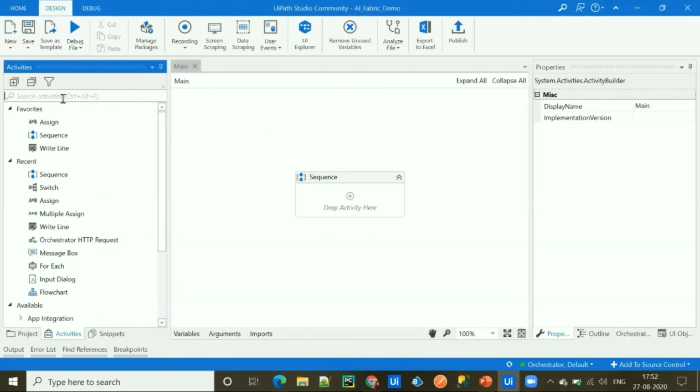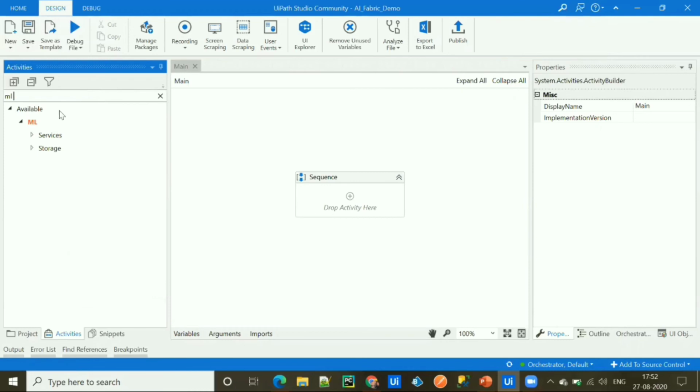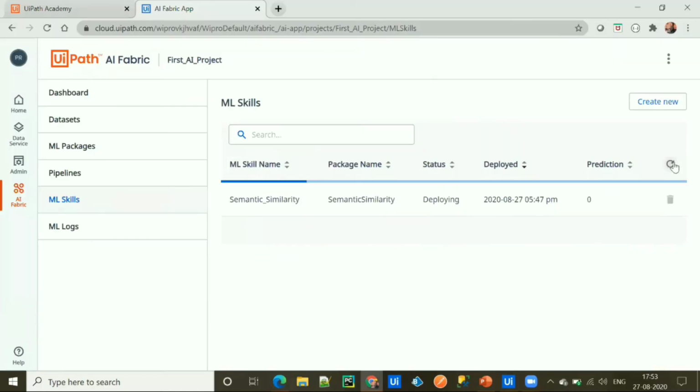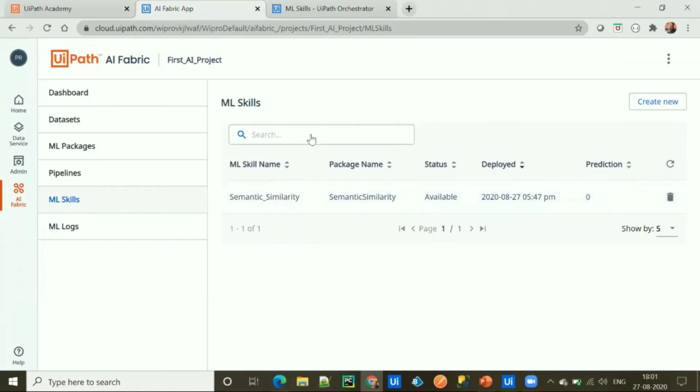And in the activity panel, you just need to search ML and you'll be able to see the ML skill activity under services. So you can simply drag this activity here, and this activity will ask you for the skill that we have deployed. So let's check whether our ML skill has been deployed or not. As you can see here, our ML skill is available now and it is deployed successfully.